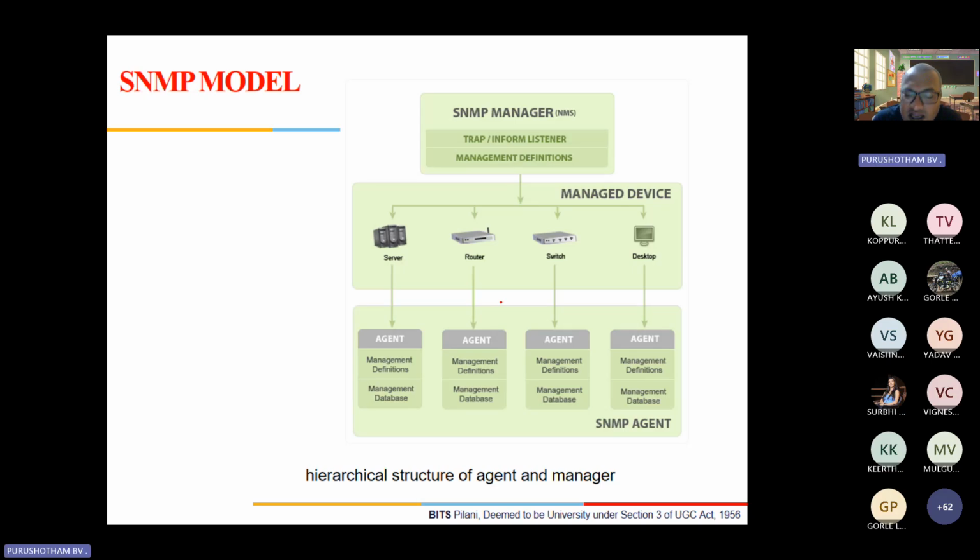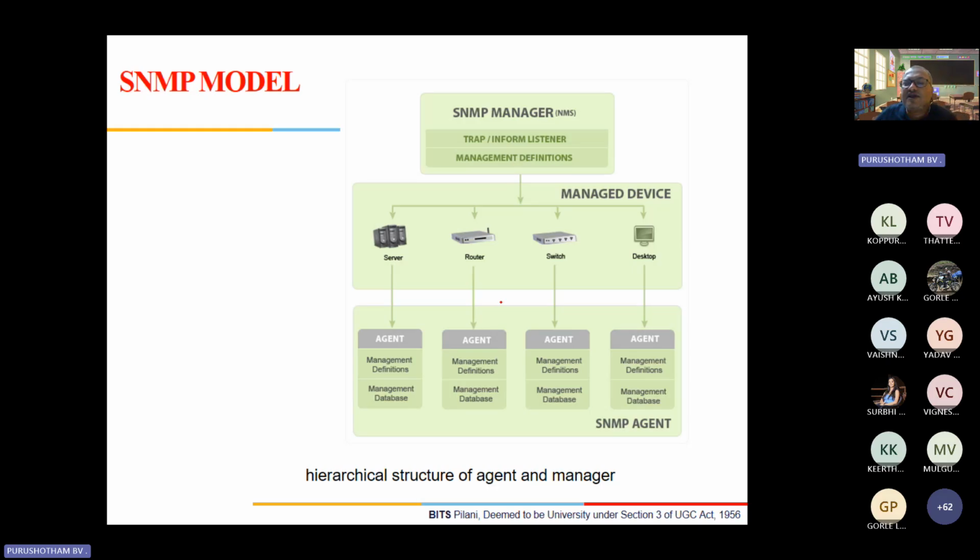Now, I sometimes raise the question, is my screen visible? Please confirm. I keep on listening to you as an information listener. Suppose one guy asked a question now. So now I'm listening to the question, I'm giving attention to that guy. Others, I might not listen to. So it's called trap or listen mode.